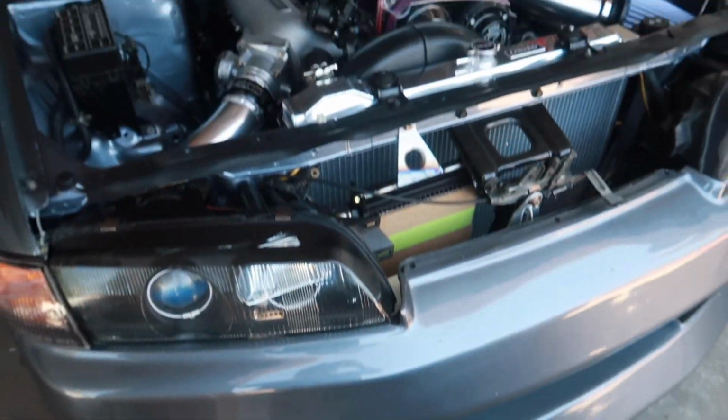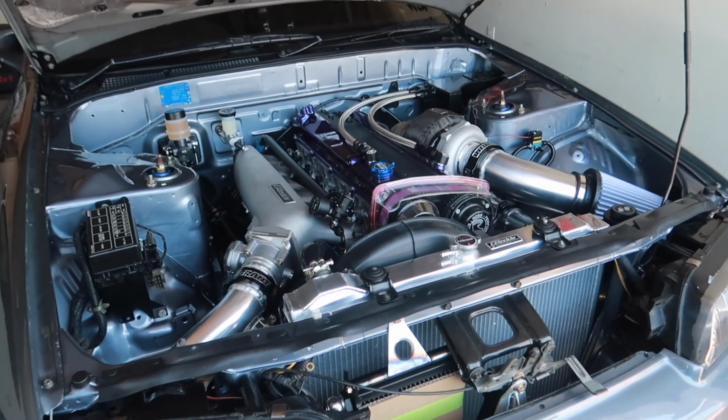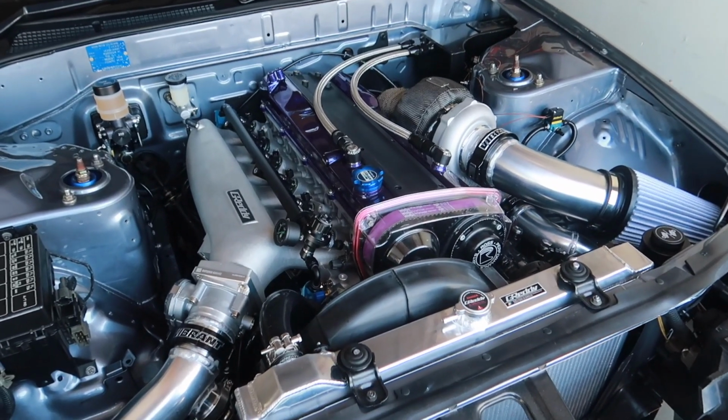In this video, we are going to be installing and relocating the battery in my R32 Nissan Skyline. I do not intend for this video to be a DIY, but go ahead and take it with a grain of salt. So if you want to skip the updates on the Skyline and jump right into the install, timestamp down below. In the last video, you would have seen that we picked up the R32 Nissan Skyline